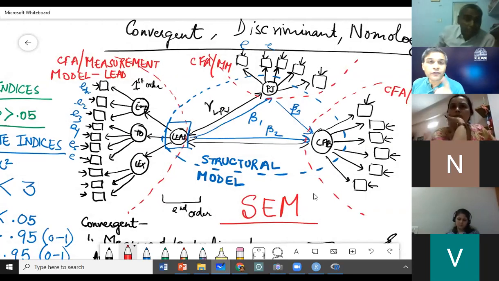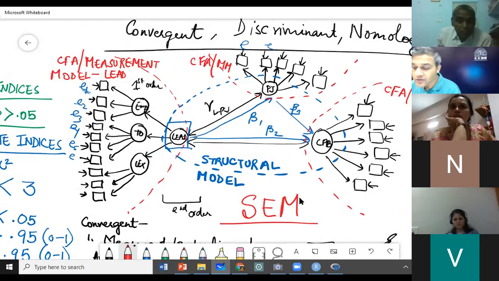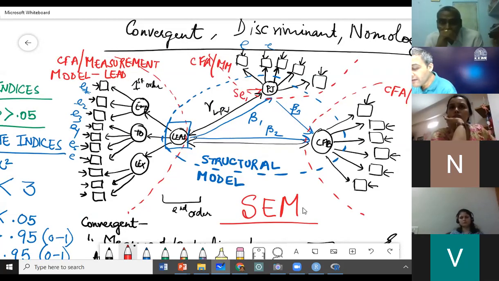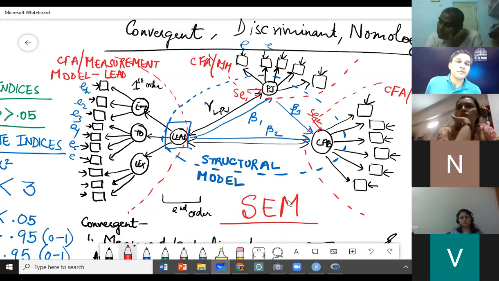So you will have two structural errors, which is the residual of the regression. One structural error is associated with PJ because PJ is getting determined, and a second structural error is associated with CPB because that is also getting determined through the regression.